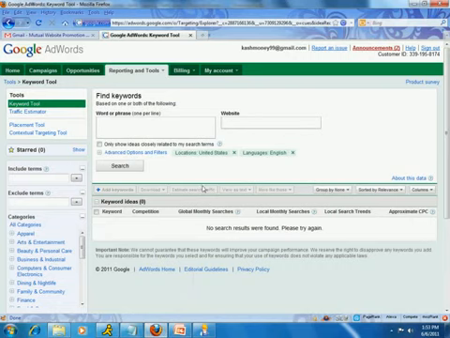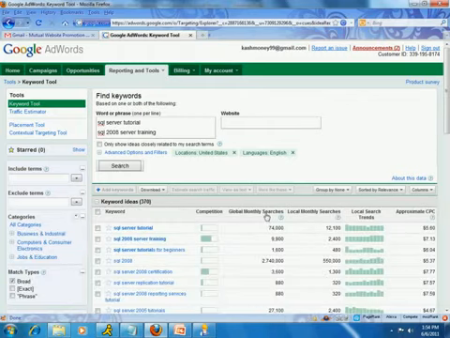I believe this is what we have already looked at, but needless to say, this is a highly important tool. So again, if you don't remember or you have not seen our other video session, there are two things you can do in here. You can put in a keyword. SQL Server is one of the keywords we've been working with, and another one is SQL 2008 server training. Let's say those are our two keywords. I can go ahead and hit search. What this is going to do is not only tell you how many times these terms are being